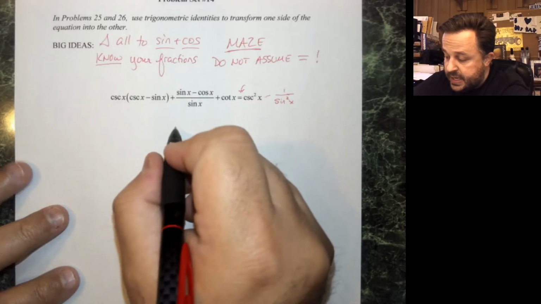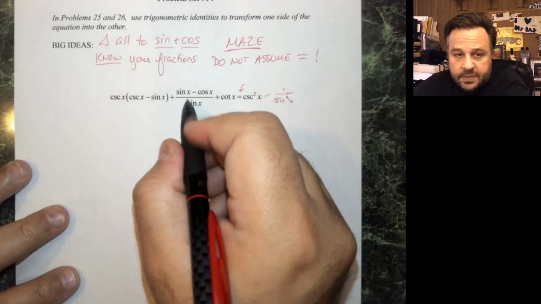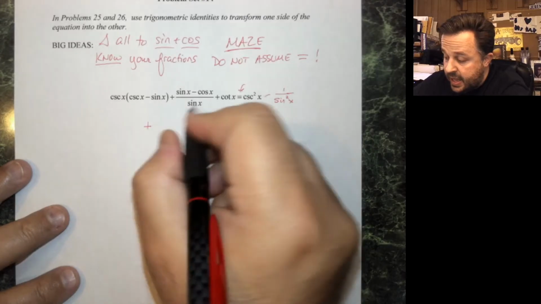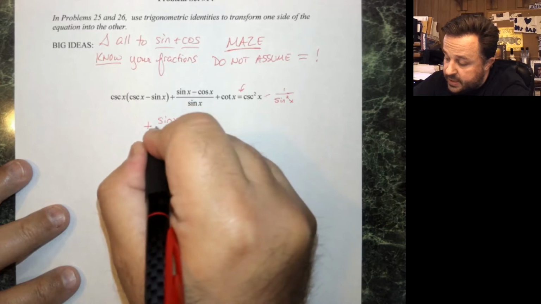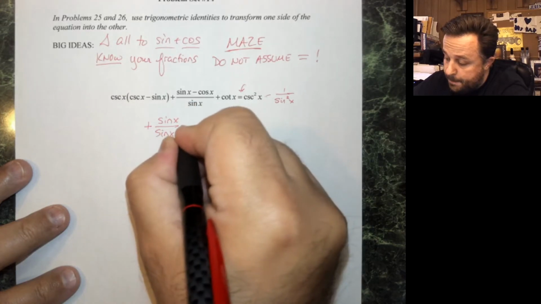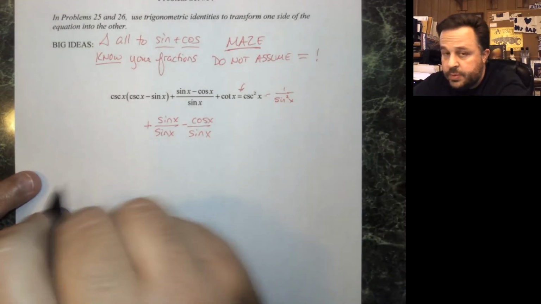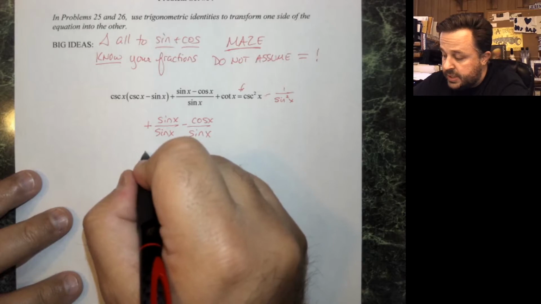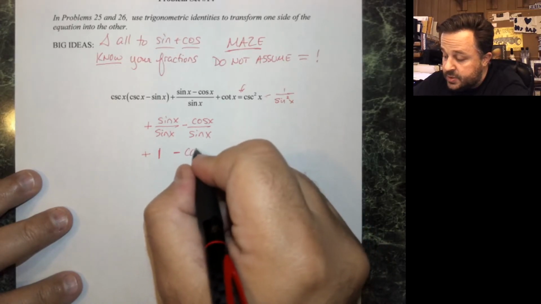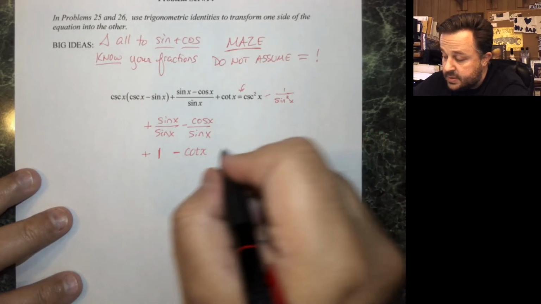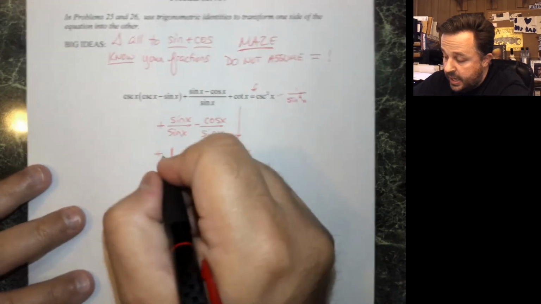Because everything already is sine and cosine, a step that is oftentimes overlooked but I think is very useful a lot of times is that I can actually tear this fraction apart into sine of x over sine of x minus cosine of x over sine of x. And the reason I want to do that is this, and this will be the only hint I'll give you. This becomes 1. This actually is cotangent of x. So now if I bring down that plus cotangent here, and over here,